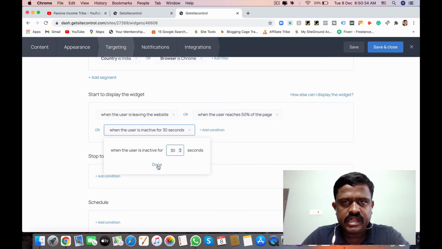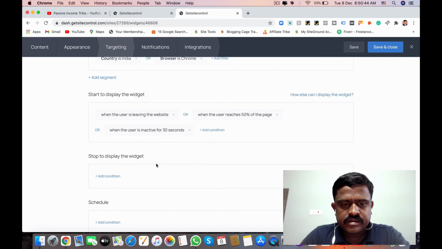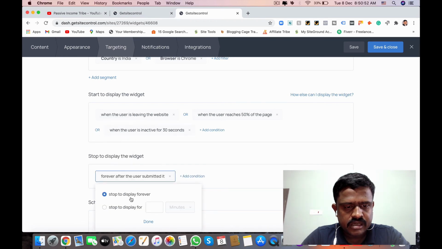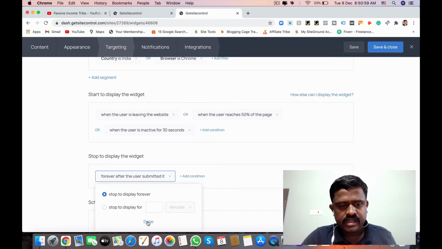If the user is inactive for 30 seconds, it will be displayed after 30 seconds. Okay, so like this we can add, and stop to display the widget, stop to display after submission, stop to display for hours, stop to display for some minutes. Okay, you can give it like this.